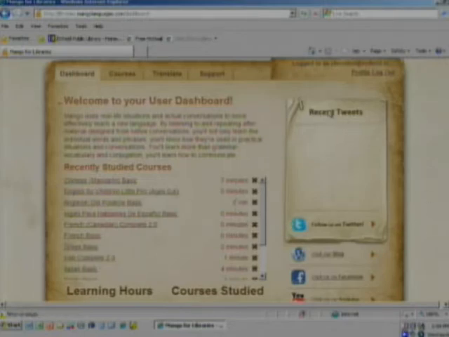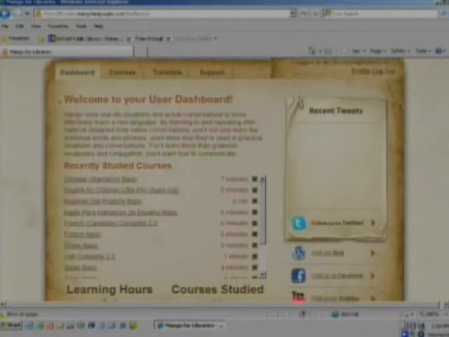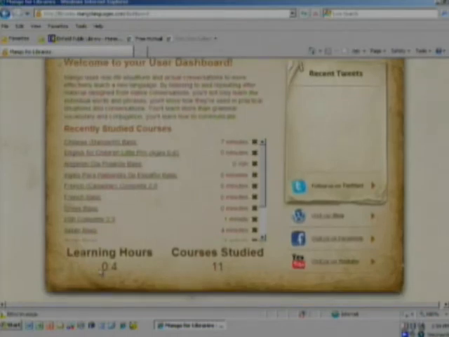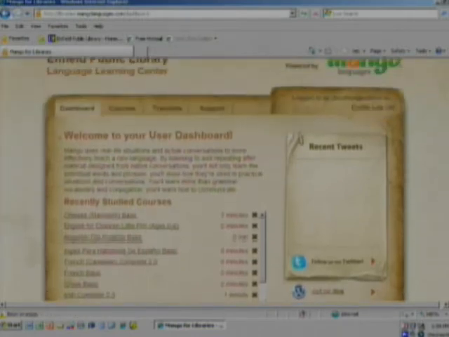There's also an opportunity to get news from Mango over here. They are on Twitter and they have Facebook, and there's opportunities for you to keep up with what they're up to in their latest endeavors. And then, of course, it tallies things at the bottom for you. So over the past maybe 6 or 7 months, I've started 11 courses and not spent very much time in here. The dashboard is also a jumping off point into the courses, which is probably where you're going to begin if it's your very first time using Mango.